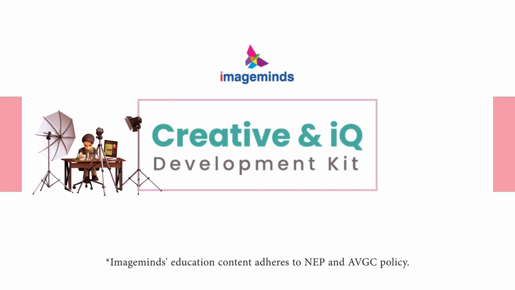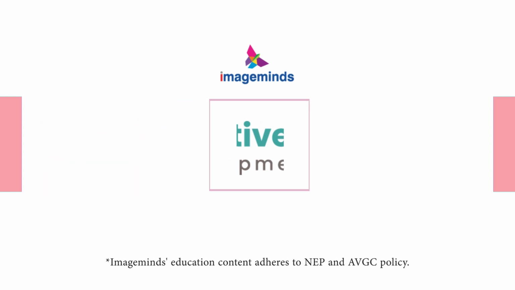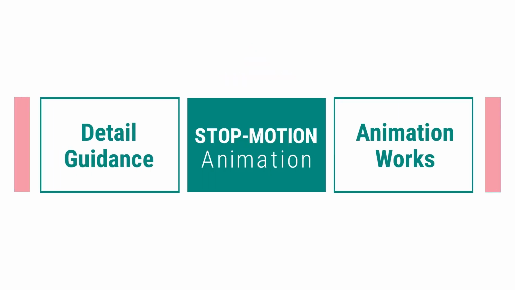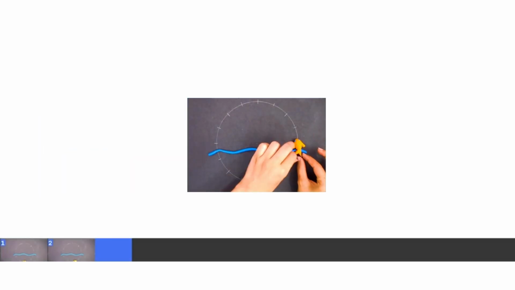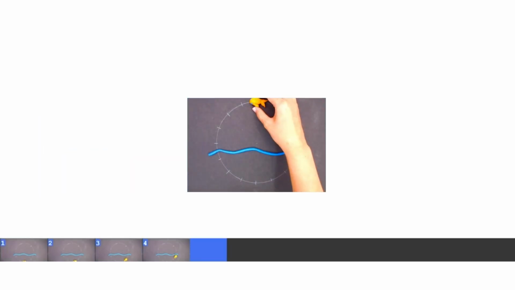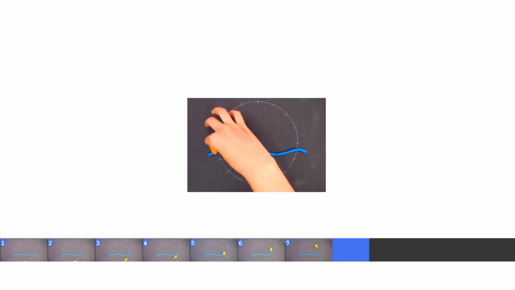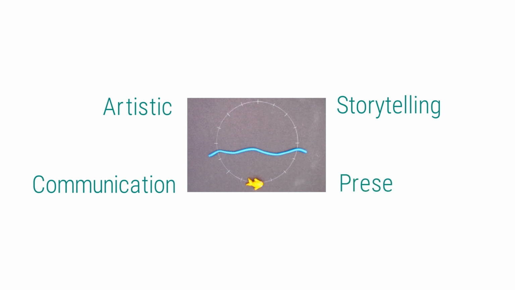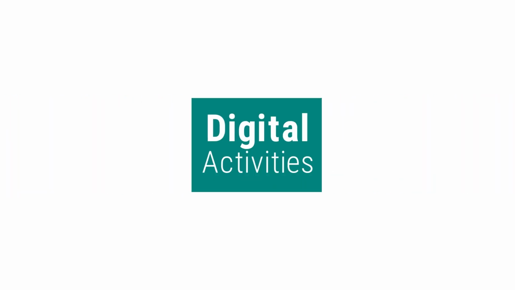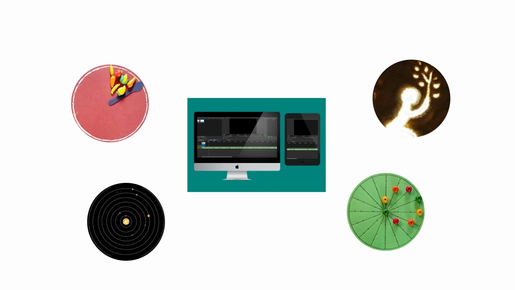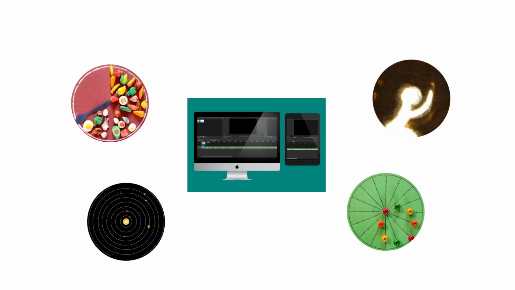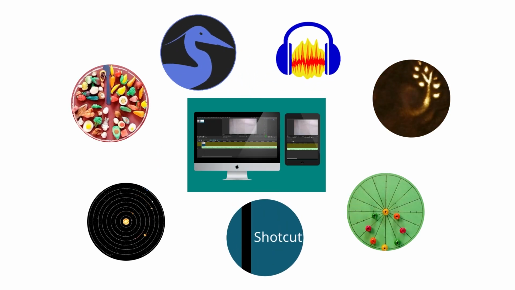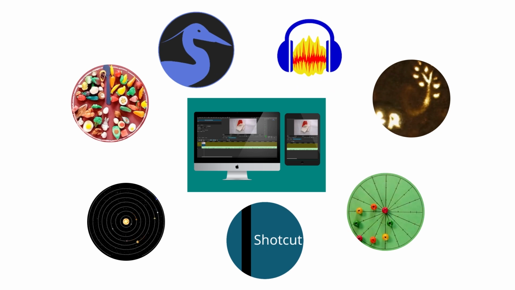This Imageminds Creative and IQ Development Kit takes students through the concept of stop-motion animation in detail and guides them to produce animation works that nurture artistic, communication, storytelling, and presentation skills. The various digital activities that are part of this kit introduce children to software applications that help generate professional animation